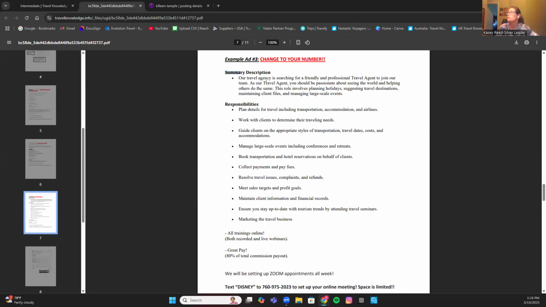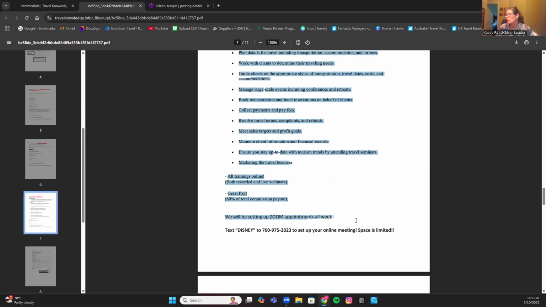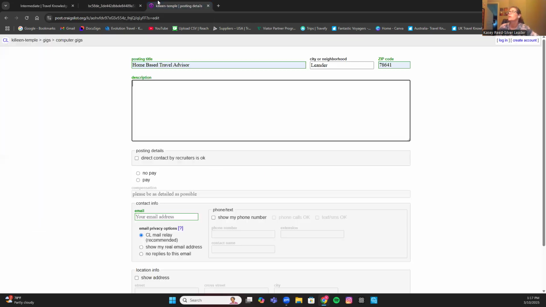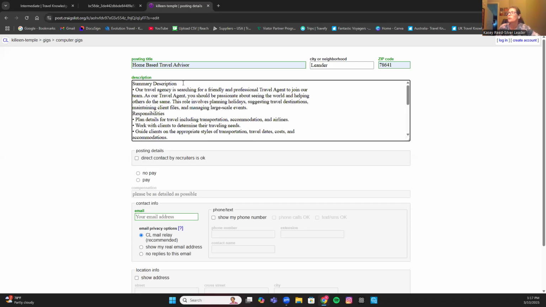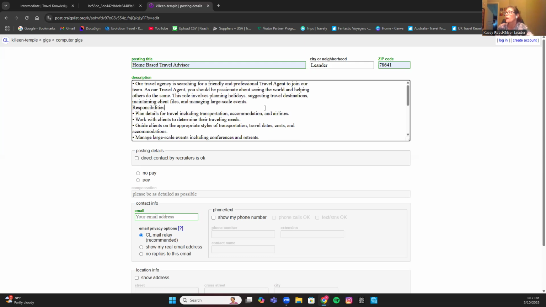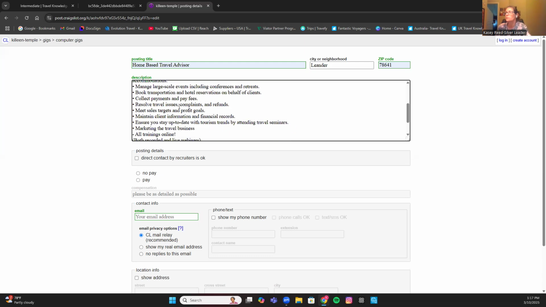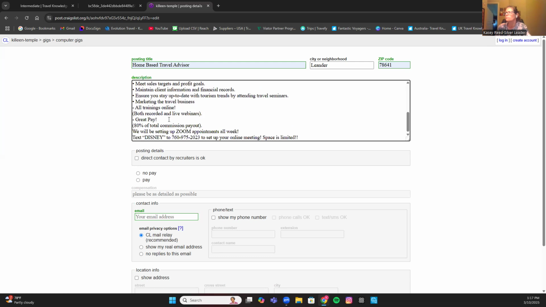What I'm going to do is I'm going to pick the third one, and then I am going to copy and paste. Now, it is extremely important that you remember to come down, and I adjust all of this so that it doesn't look